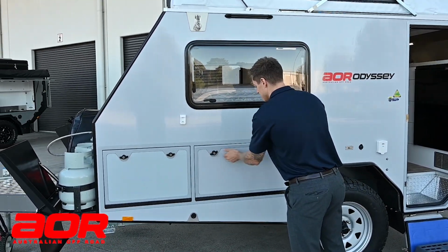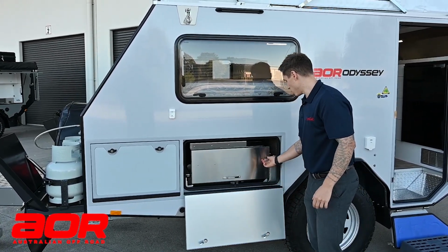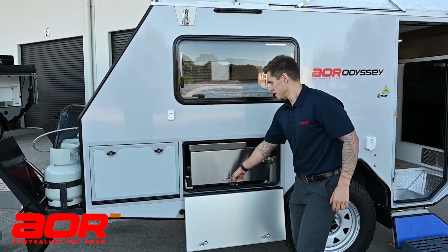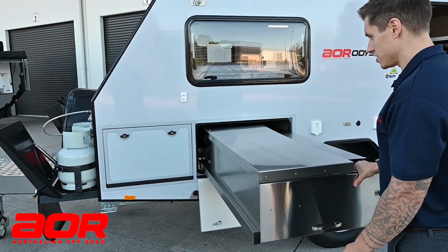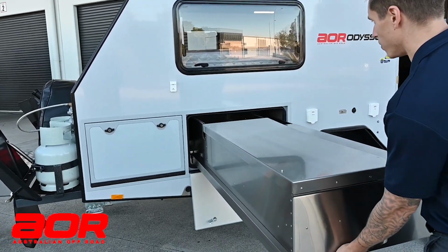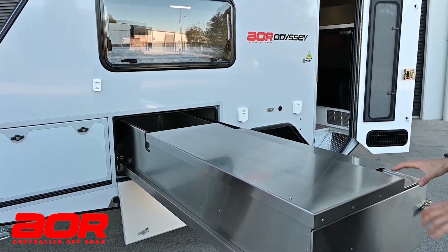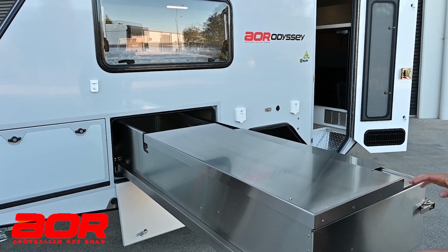If we want to access this, we'll open up the compartment and drop the door down. You'll see it's got the one latch here, which if we release, we can then pull the kitchen out. Once we've got this latch undone, we can slide the kitchen out. It'll get to a certain point, and once it gets there, it'll actually slightly drop, and that's where it's locked in position. You'll see now it's got to the end of its travel, it's not going to move from there,